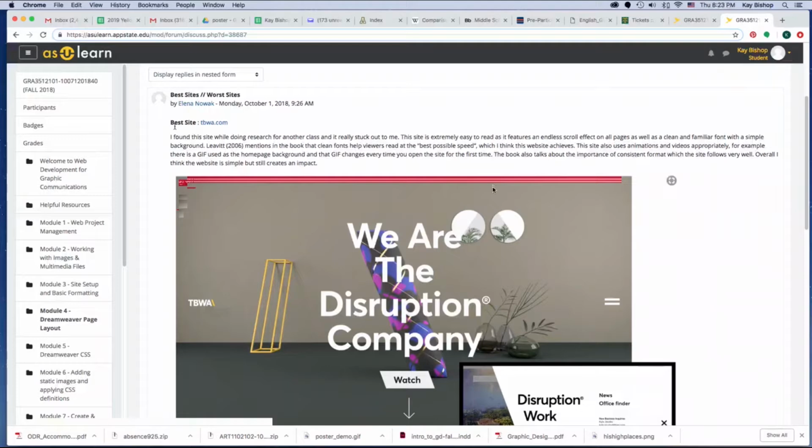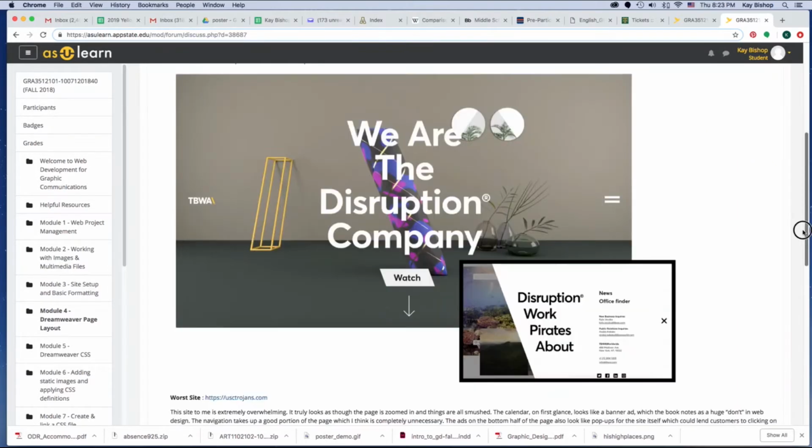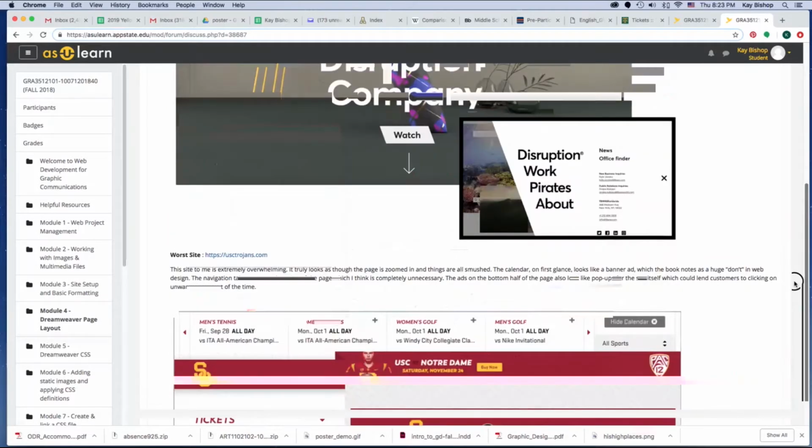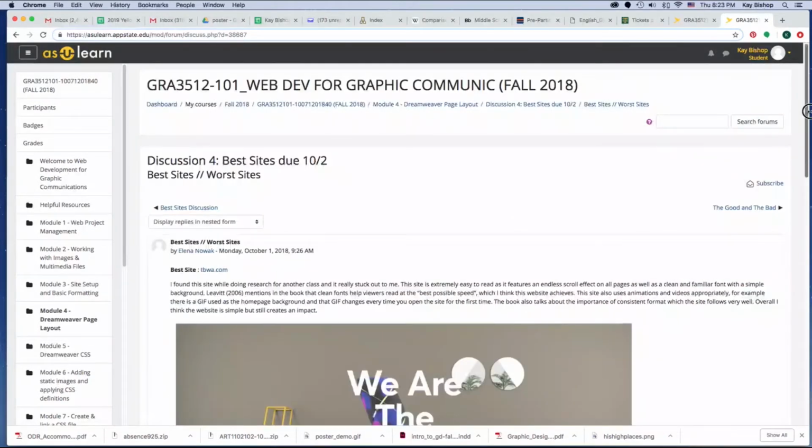Then she tells us why she chose that site and cites her sources. And then she also included a screenshot from the website, and the same thing with the worst site, and cited the source down here. So let's take a look at the best site,